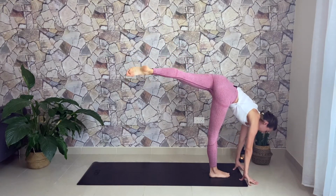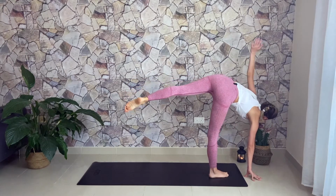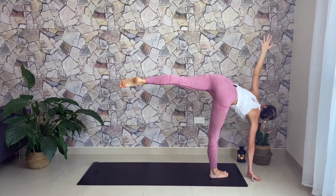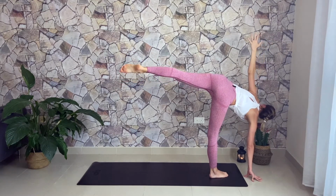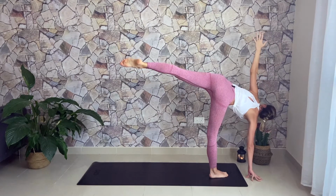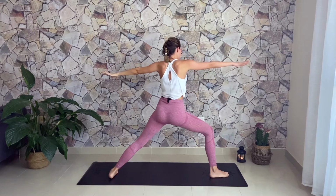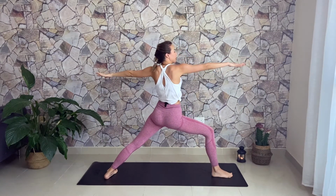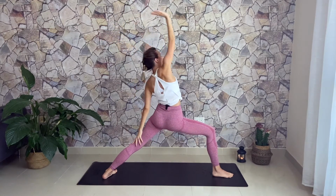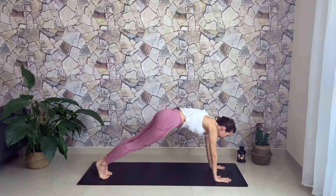And coming into the half moon pose, bringing your right hand in front of your right foot and your left leg and left arm go up. Try to look up and to keep your balance here. Bend your right knee and gracefully going into the warrior two. Reverse your warrior. And windmilling your hands down, take your vinyasa,